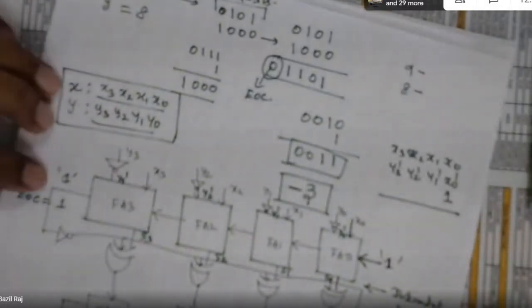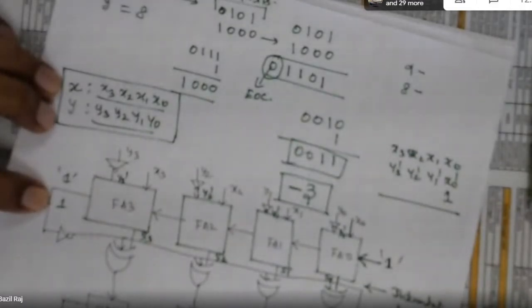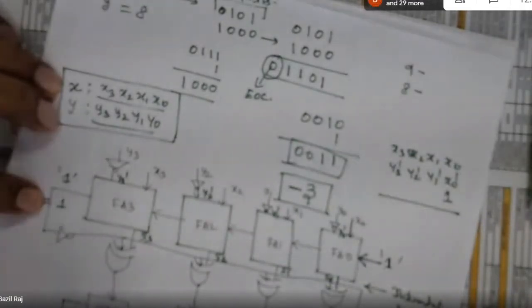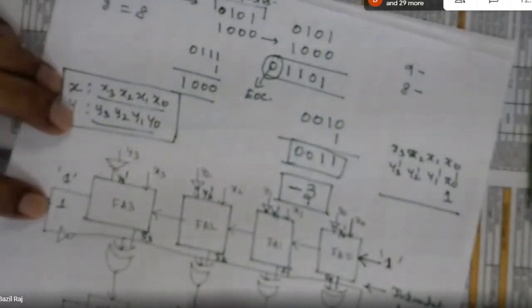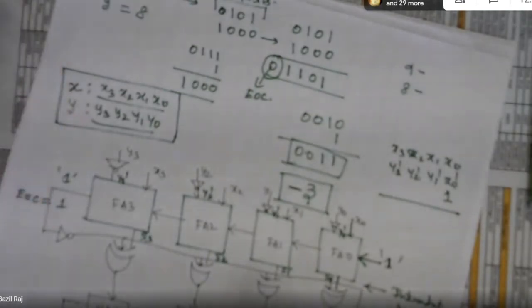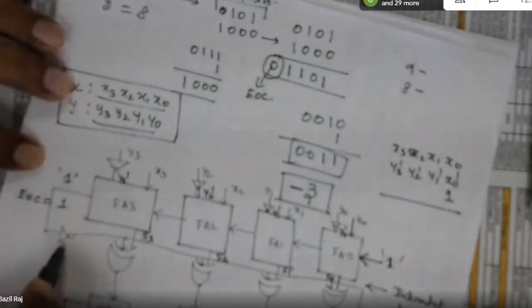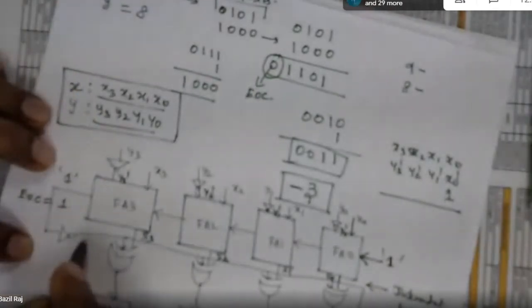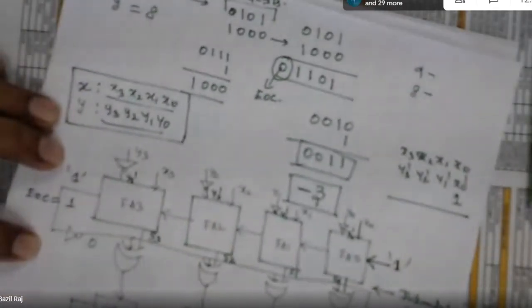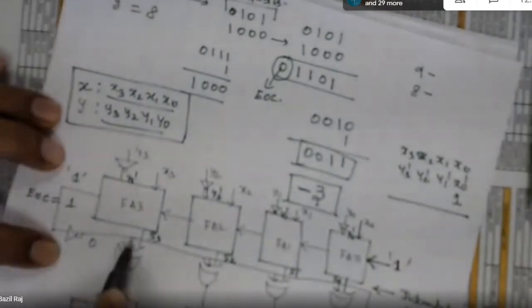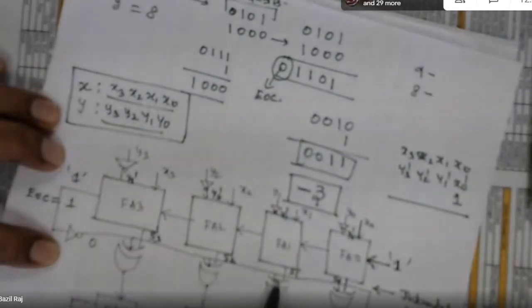Now look here. The condition is if our end of carry is 1. If the end of carry is 1, then what happens? Whatever S3 should come out here, whatever this result should be available, S1 should be forwarded here, S0 should be forwarded here now. So look at this architecture. If the EOC is 1, then it is passed through this inverter. Therefore, this will become 0. Then the 0 will come to the exclusive OR gate. Here also 0, here also 0, here also 0. Then this also will be 0.